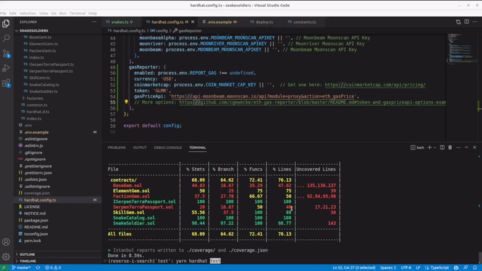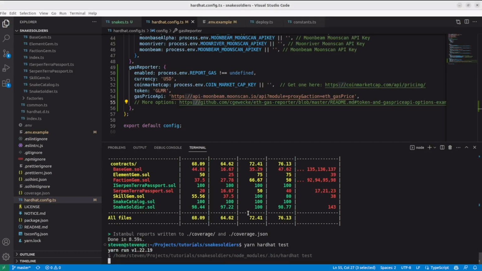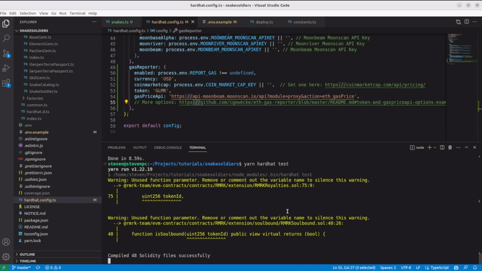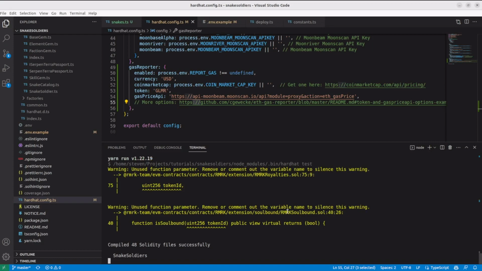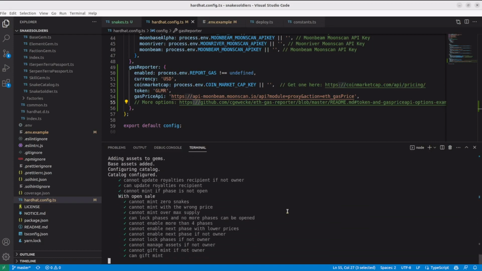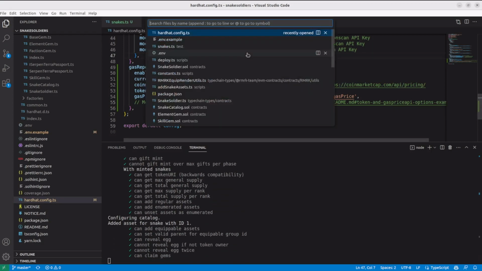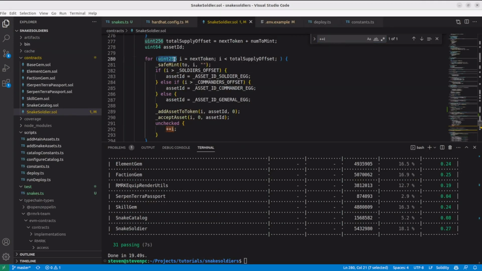With our environment vars set, we run yarn hardhat test. The result won't show when using coverage. With this, you will be able to see how much gas each of the operations took and the equivalent in the currency you set. It also shows you the minimum and maximum for each. With this, you can do tweaks to your code to find cheaper ways. With that, you can check that, for instance, this log pattern we use on Snake Soldier is the cheapest.